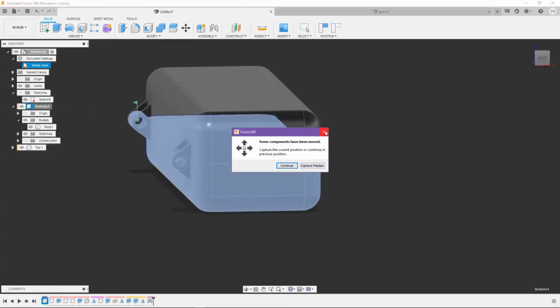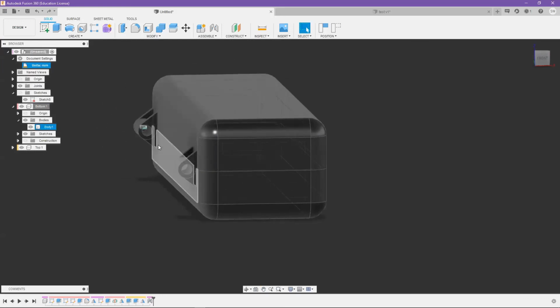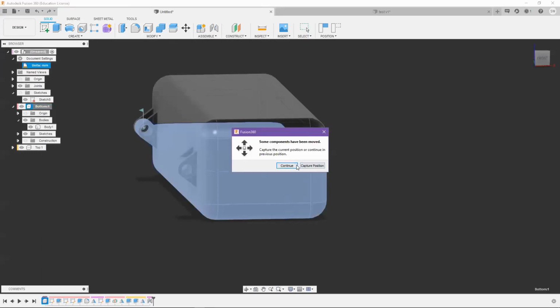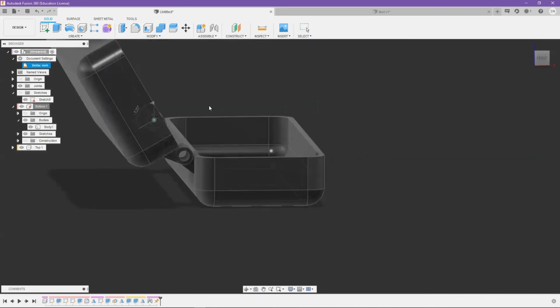So I'm just going to go back a few steps because I moved it around and Fusion didn't like that. Yeah, so that's good. And if I go here, ground, yeah, you know what? Let's just hit continue here. Cool. Now I can't move this around, but I can now, when I click and drag it,